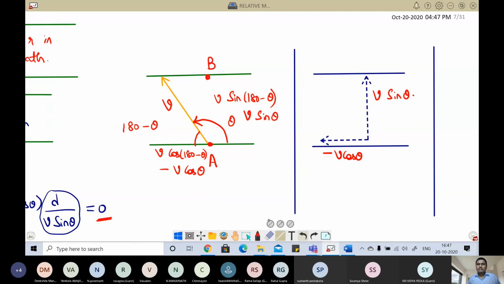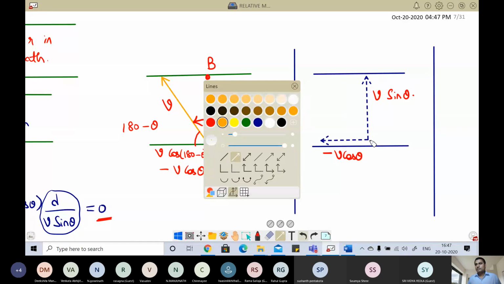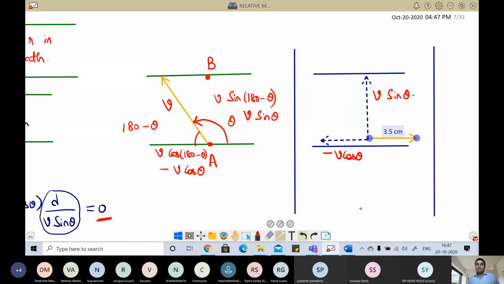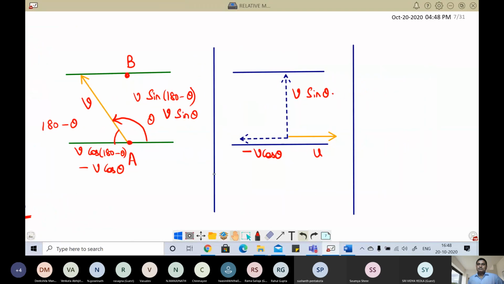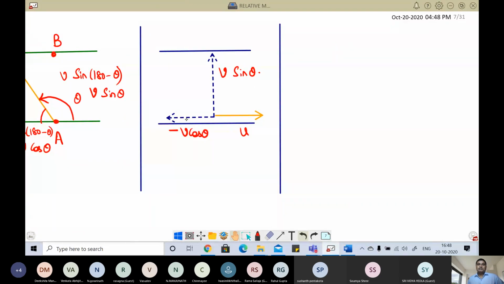Okay, now see here. Velocity of river is towards right side. So I'm taking right side. So this is the river velocity. This is called U. Now we'll combine. This is man's effort in X direction, just like a man swimming. In the beginning we discussed, suppose a man is swimming with 5 meters per second and river is flowing with 3 meters per second. Then net velocity will be 2 meters per second, depending on which one is more.